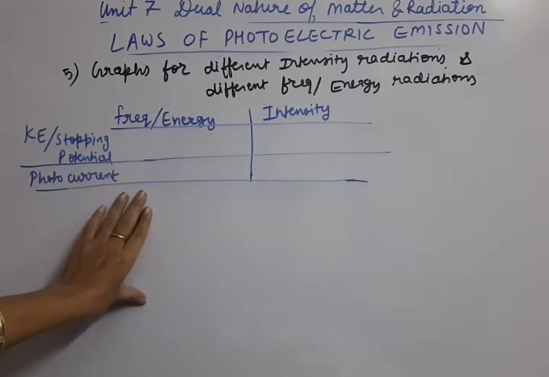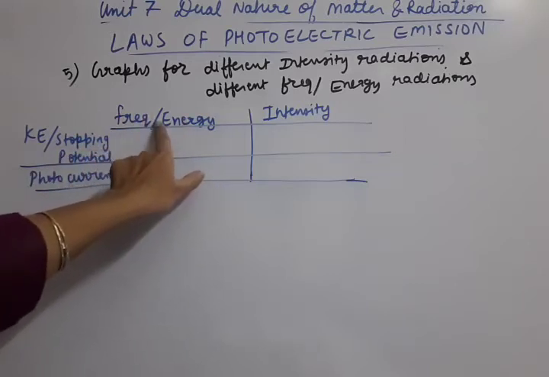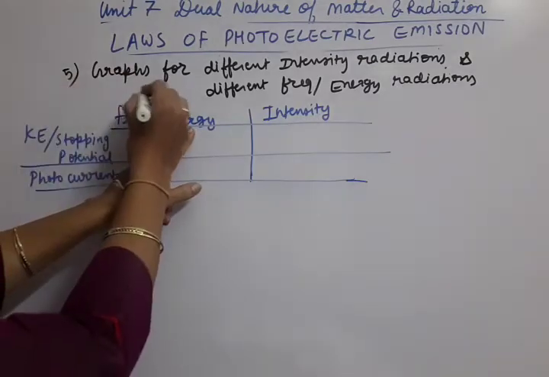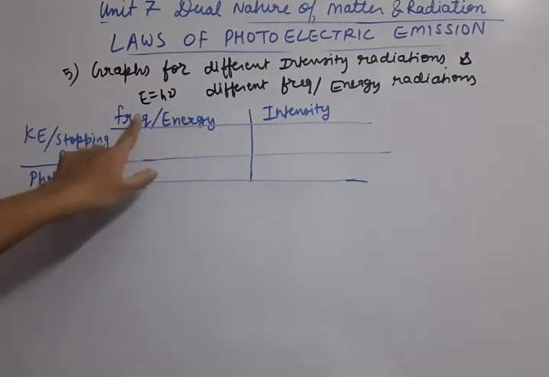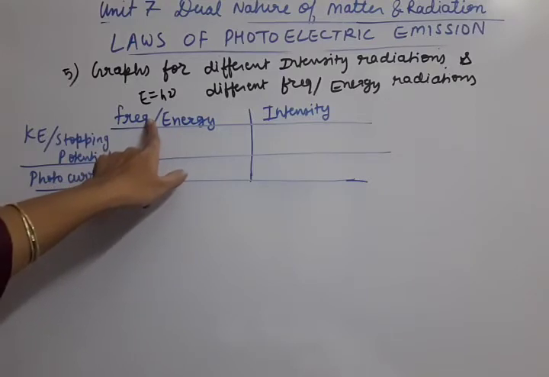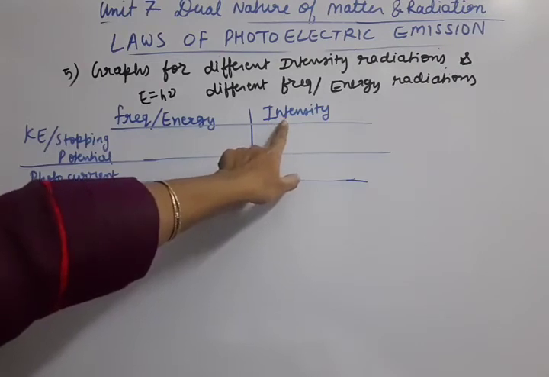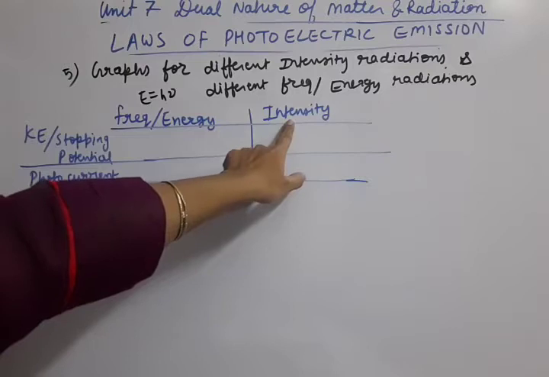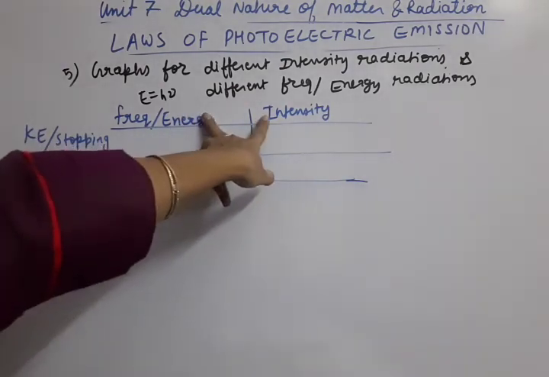We'll list down the dependence. First of all, frequency and energy are interconnected. Energy of the incident light is h nu. So whether we say that we are increasing energy or increasing frequency, it's one and the same thing. So this is the first input factor. Then the second input factor is the intensity of incident radiation. If the intensity of the incident radiation is changed, it will affect which of the output factors? So these are the two input factors, the data related to incident radiation.